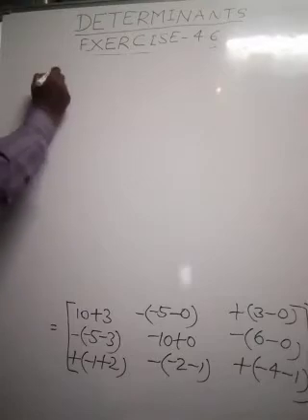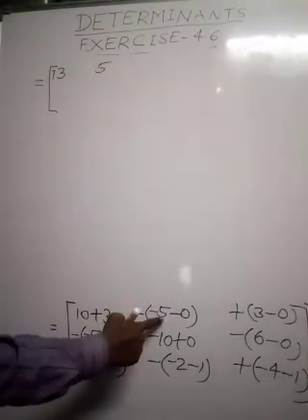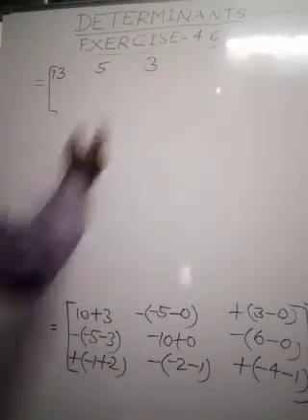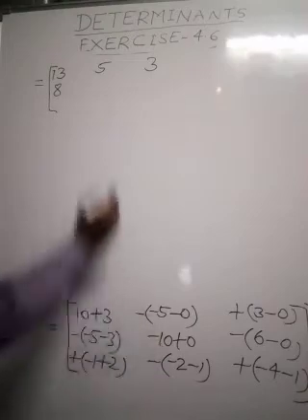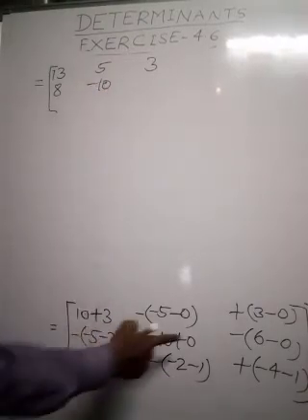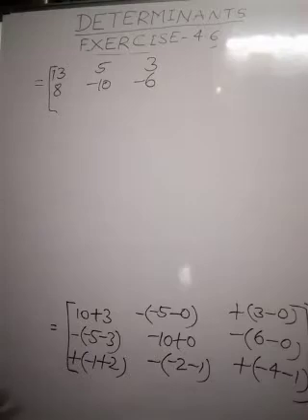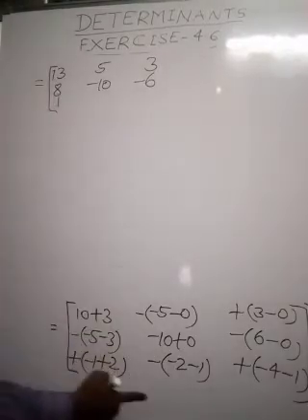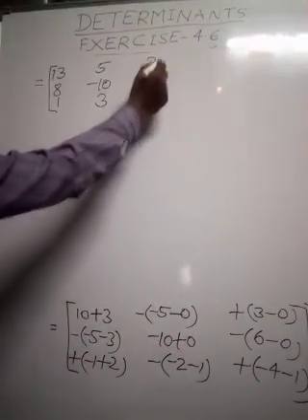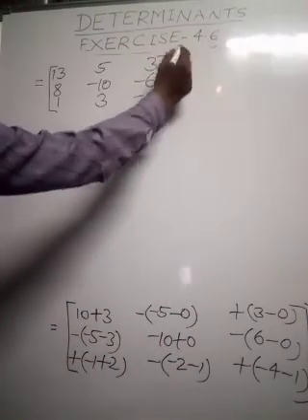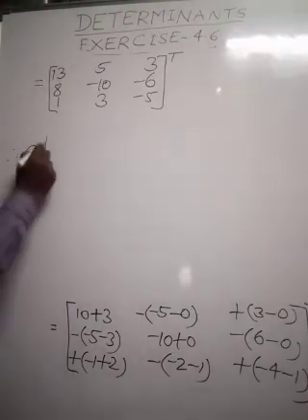10 plus 3, 13. Here, what will you get? 5. Here, what will you get? 3. Here, what will you get? 8. Here, minus 10. Here, minus 6. Now, come to the third row elements: 1, 3, and minus 5. Whole transpose. Therefore, adjoint A is equal to